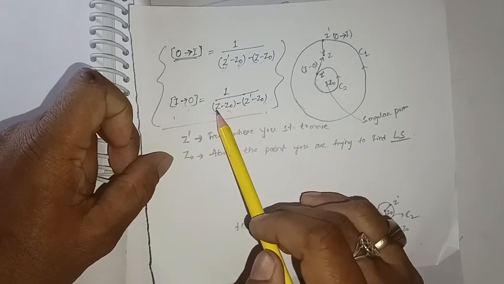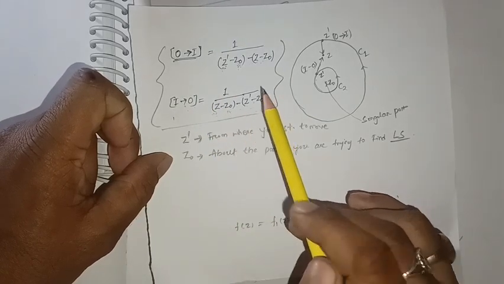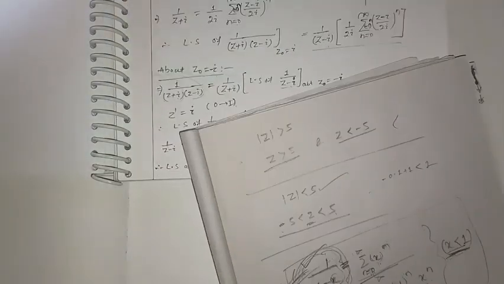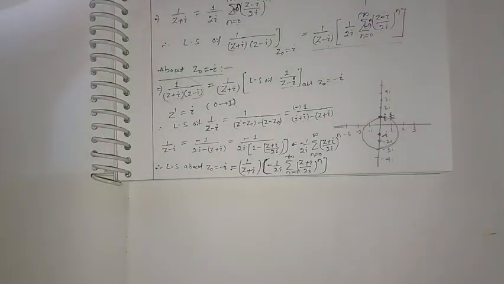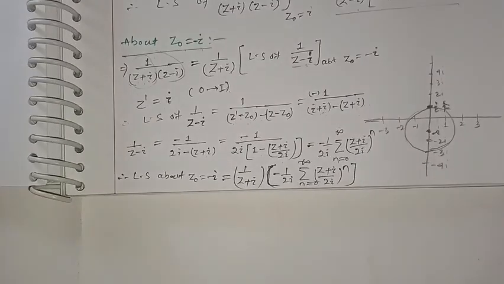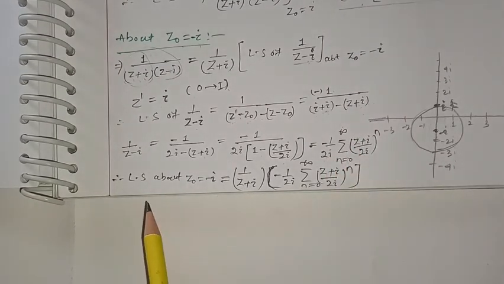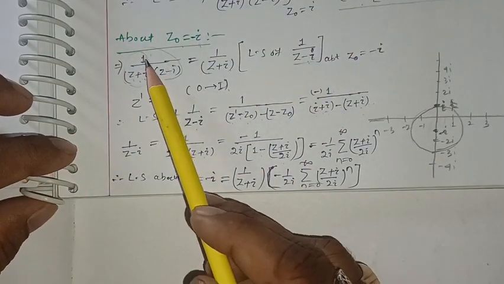Into out means 1 by z minus z0 minus z dash minus z0. We have to write the original function. Then we can easily find the Laurent series of that corresponding function. Now here, 1 by 2 minus i, this much we found. Then finally the Laurent series of this given function, that means 1 by z plus i into 1 by z